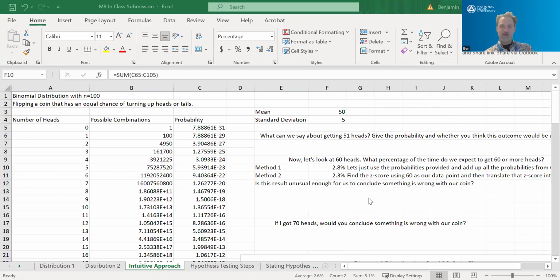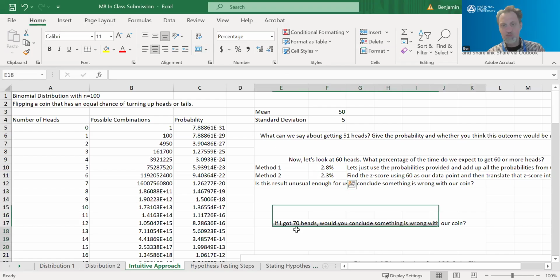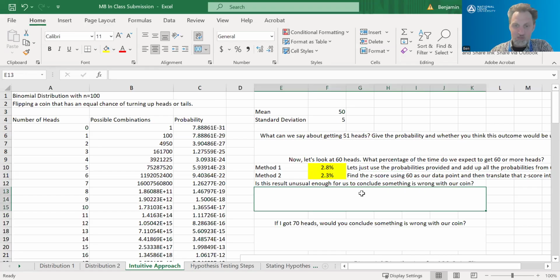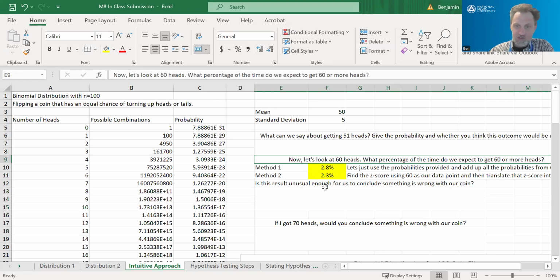Okay, so I've done the work and I've found 2.8% and 2.3%. These are close answers, not exactly the same. Again, it's because we're approaching this in slightly different ways, and the normal distribution is not actually the same as the binomial distribution. That's another reason we might be getting slightly different answers. But these are close, and that makes me feel good that I have two methods that are working. And they both make sense to me, which is, look, at 60 heads,